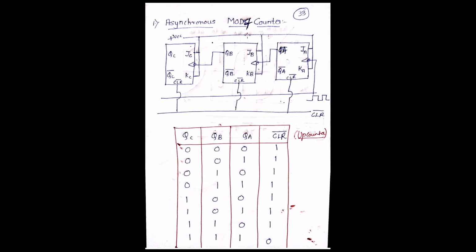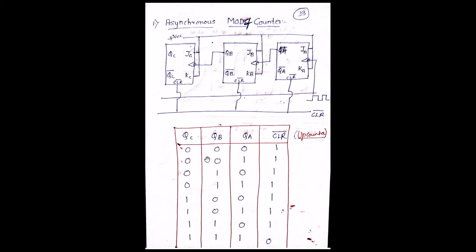To summarize, when I talk about the asynchronous mod 7 counter, 2 raised to 3 is 8. That means we should have at least 3 flip-flops. Hence we have 3 flip-flops. The J and the K are connected together to VCC and you can consider it as a toggle T flip-flop. The clock is applied to the LSB flip-flop and the output of every flip-flop is acting as a clock input to the next flip-flop. It's a negative edge triggered flip-flop. Negative indicates this bubble, edge indicates the triangle. In such a way you have this logic diagram.